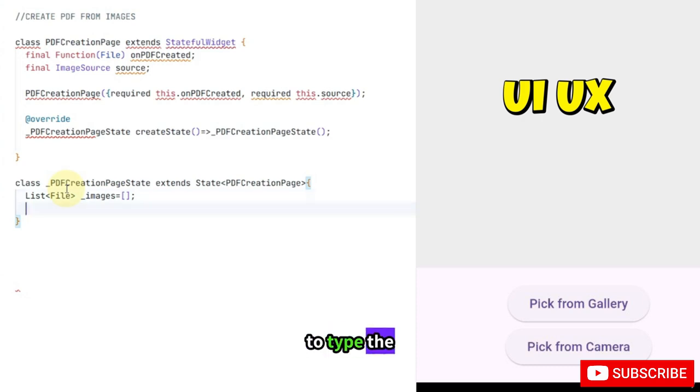After that you have to type the string. You have to type string PDF files name equal to. So you have to create PDF file name for the created PDF. My PDF. So we are going to create a list for the images and then we are going to create name for our PDF. After that you have to type